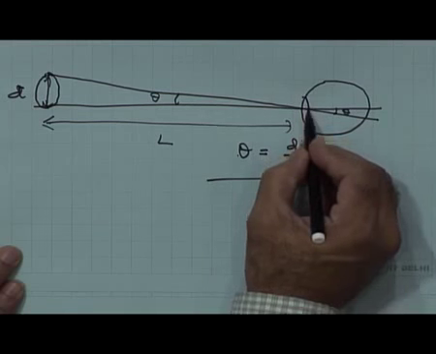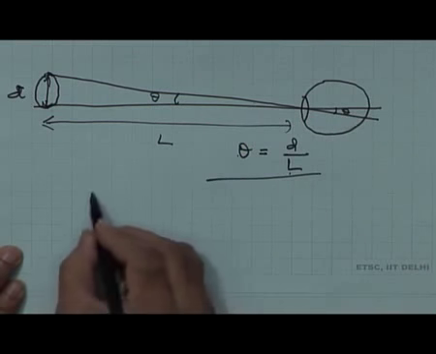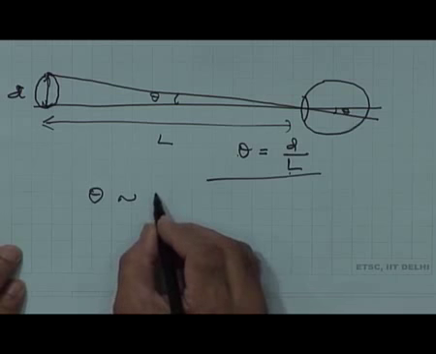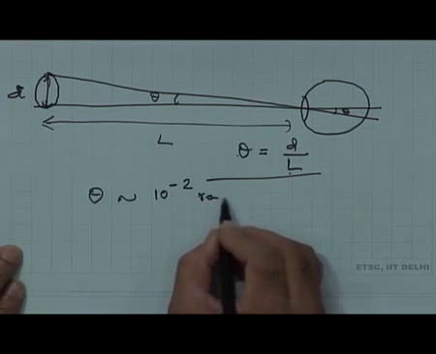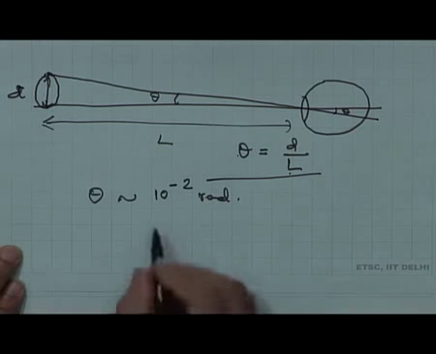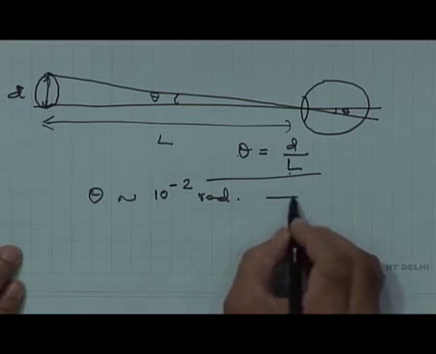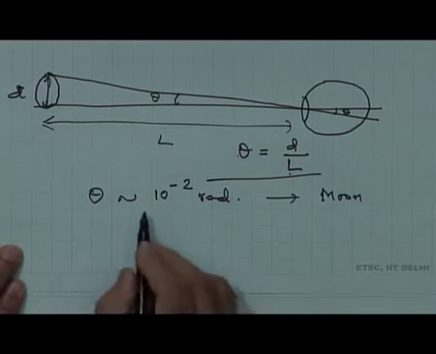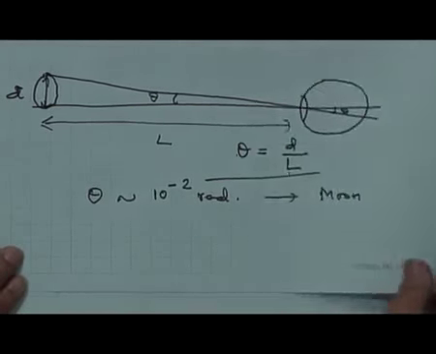So, this is the human eye. This theta can be calculated, and if you substitute the diameter of the sun and the distance of the sun, this will come out approximately 10 to the power of minus 2 radians. It is almost the same for the moon also, for the moon and sun, approximately this. That is why we can see sun and moon very clearly, because